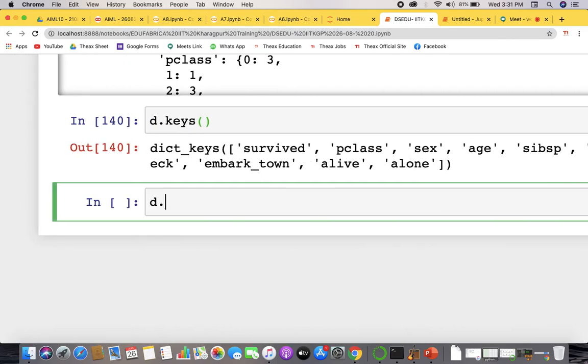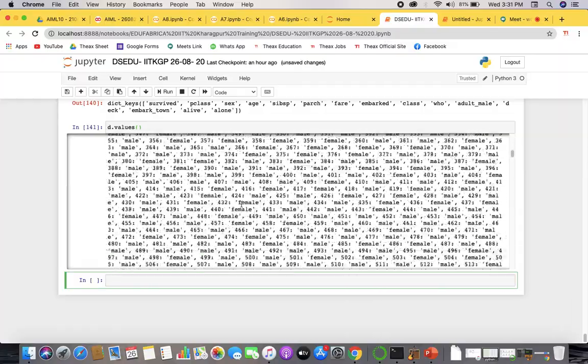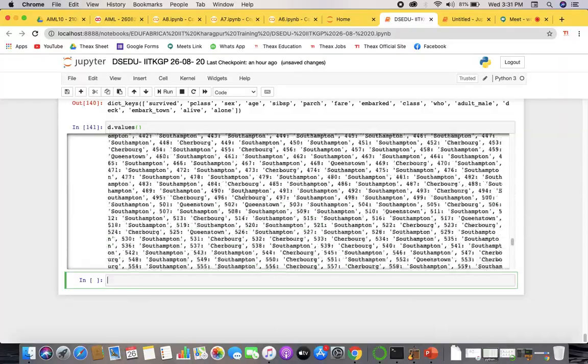Now, if we look at the values, they will be quite big, right? Very large. So these are the values of this dictionary, and it is big.